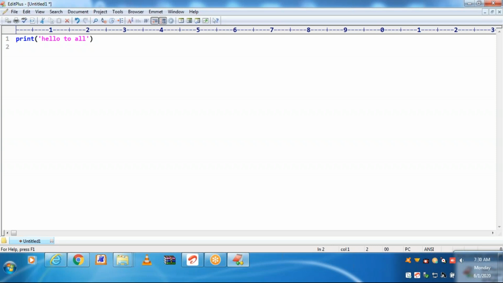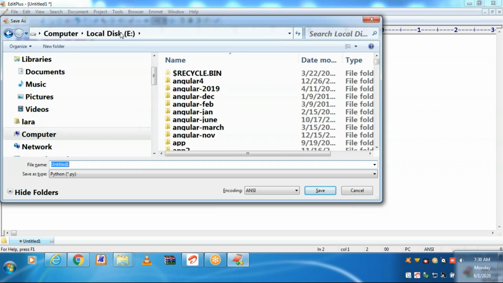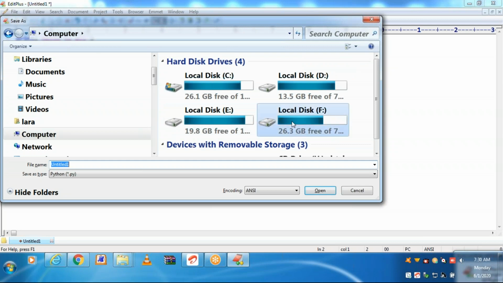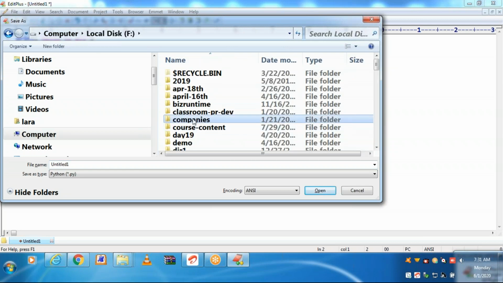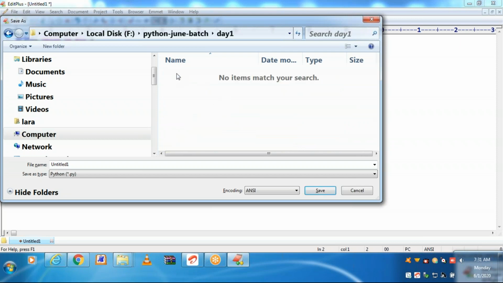Let me save this single line Python. Whatever directory you have chosen, I choose one directory in the drive, Python June batch day 1. Save it. Sorry, file name, you can choose any file name. I'm just choosing test1.py.